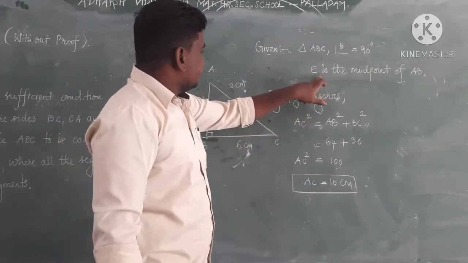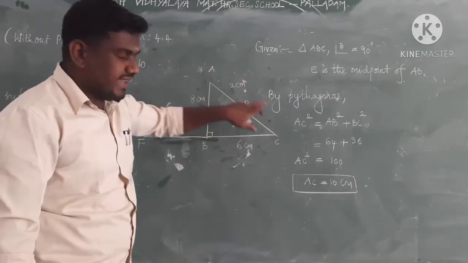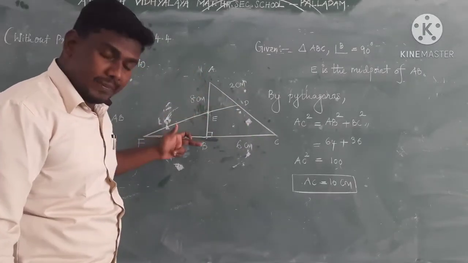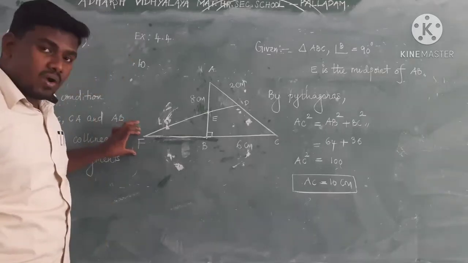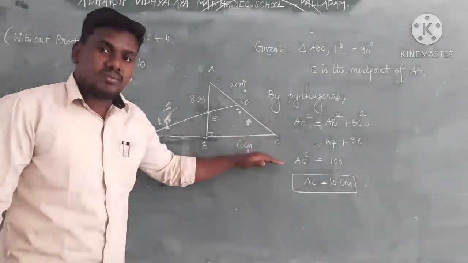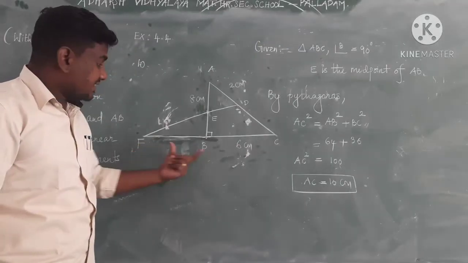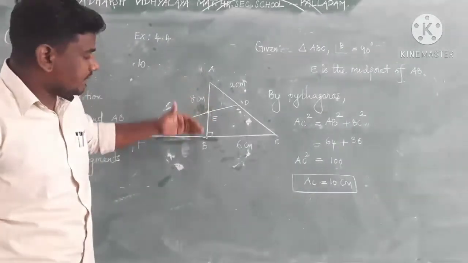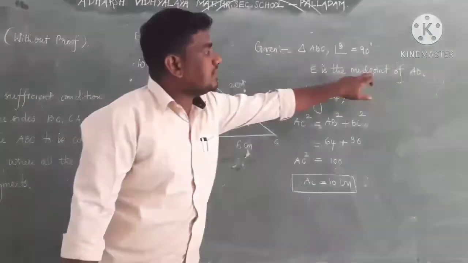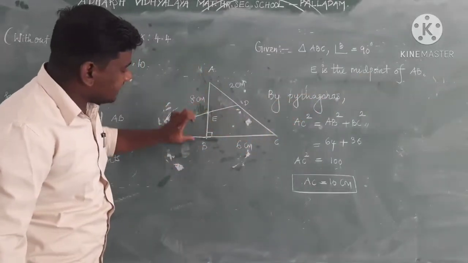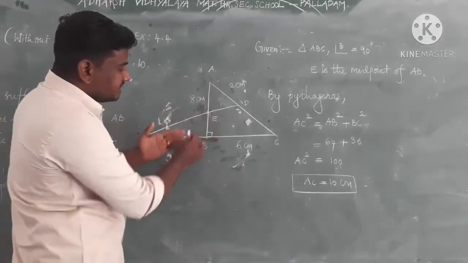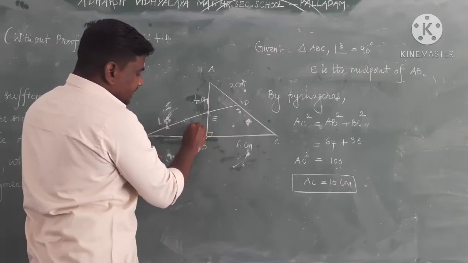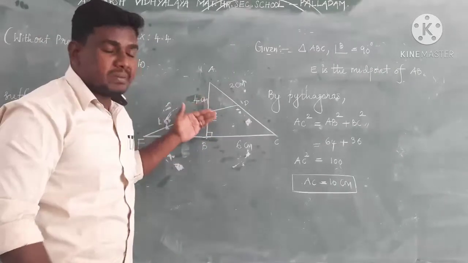Next, here the point D is on the side AC, the point E is on the side AB, and the point F is on the extension of the side BC. This point F is on the extension of the side BC. But here E is the midpoint of the side AB, as given clearly. Look at this, E is the midpoint of AB. So this point divides the segment into two equal segments. Total length is equal to 8 centimeter, which means A to E is equal to 4 centimeter and E to B is equal to 4 centimeter, because this is the midpoint.